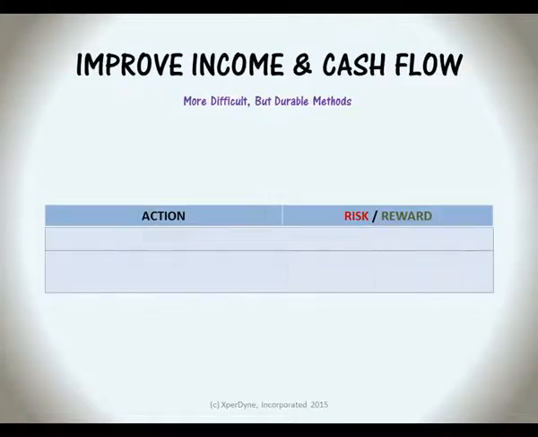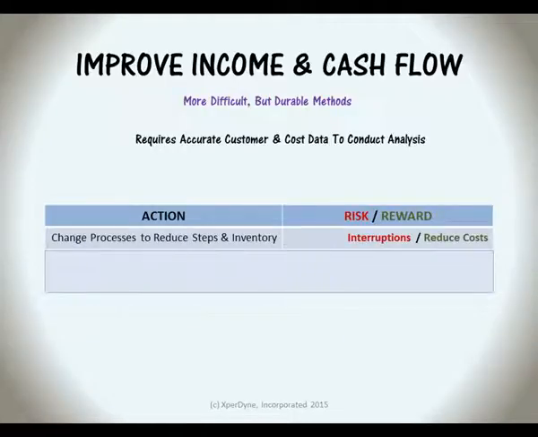The next methods improve cash flow via more efficient processes, but are generally more difficult to implement. Although requiring time to conduct a process analysis, as well as accurate customer, supplier, and cost data, they also prove more durable than financing alone. In addition to liquidity, they often improve operations, reduce cost, and cut expenditures. Eliminating redundant labor steps and reducing production inventory, such as promoted by lean manufacturing, creates benefits in both income and